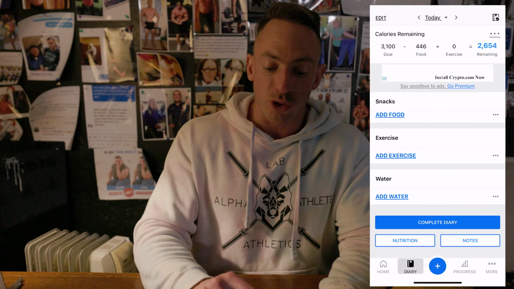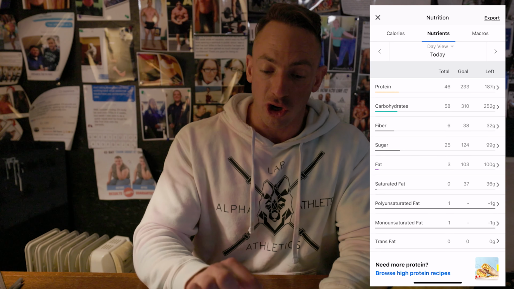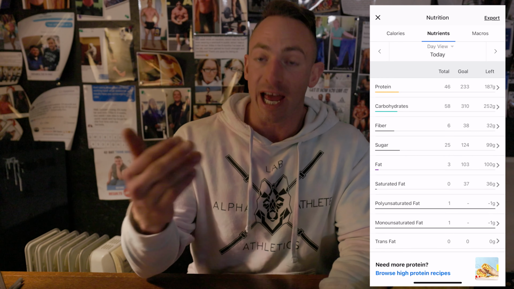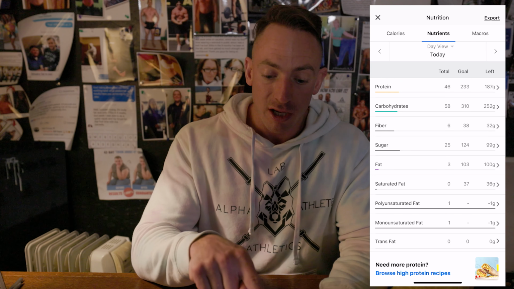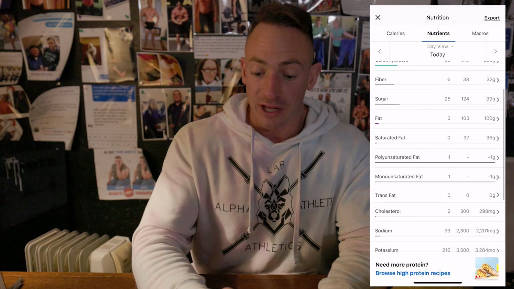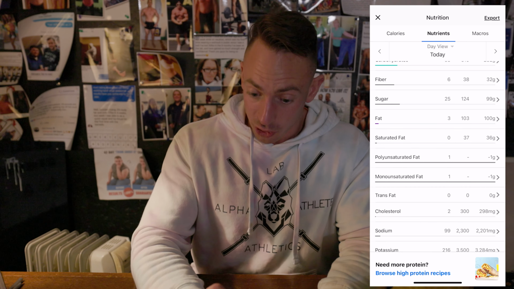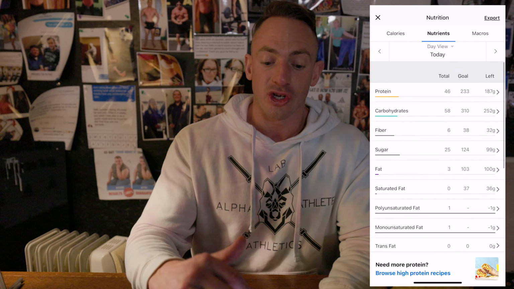At the bottom, you have a nutrition tab. If you click the nutrition tab, this nutrients tab is gonna show you where your protein intake currently is at, where your goal is, and how much protein you have left for the day. It's also gonna show you where your carbohydrates are currently at, what your goal is, what you have left. And then lastly, it's gonna show you where your fat is, what your goal is, and how much you have left. So you can check this tab throughout the day, see how you're doing on your macronutrients, and make adjustments